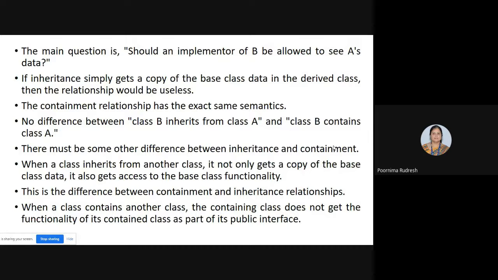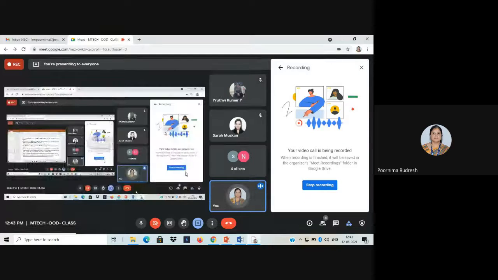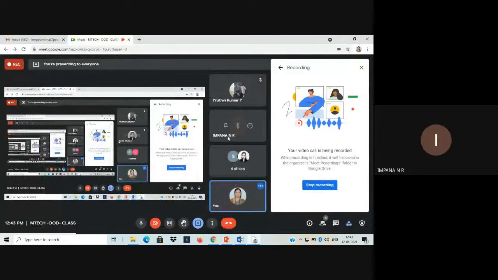Are you there? Are you listening to my class? Yes, ma'am. Then tell me whether both containment relationship and inheritance relationship are the same? Yes, Impana? Are they the same? No, ma'am. No. Then what is the difference?